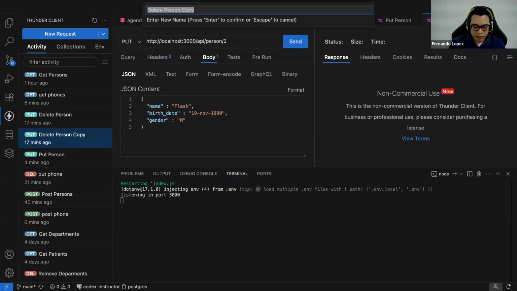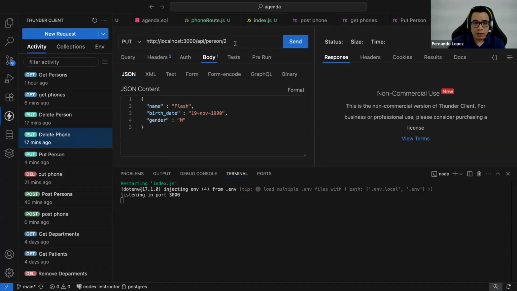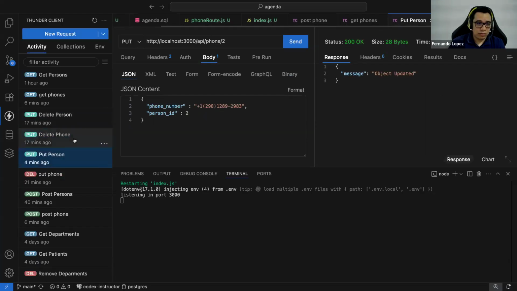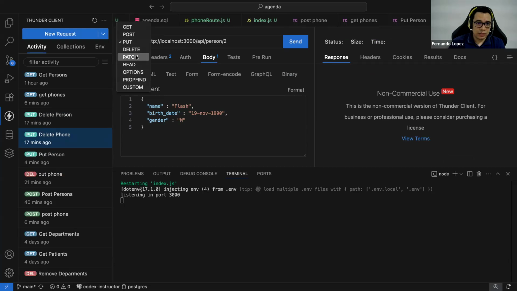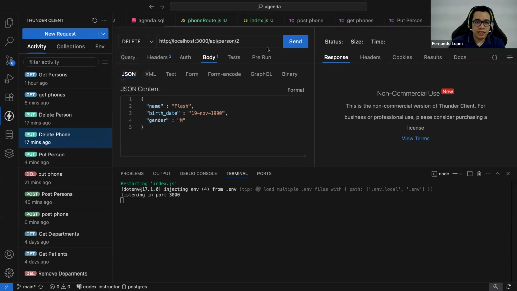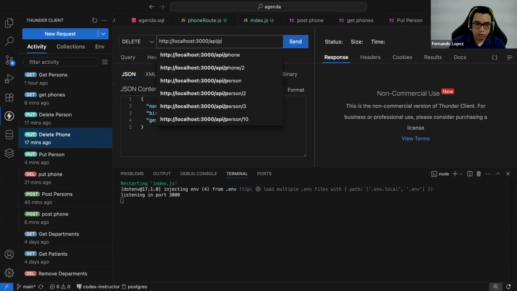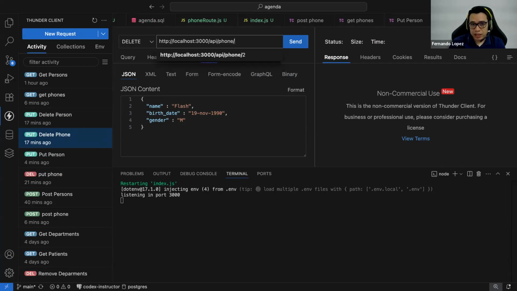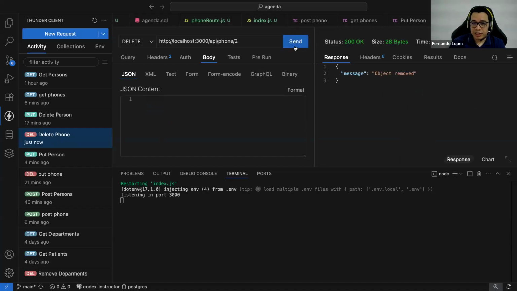In this case will be delete phone. Let me select the method delete here, phone. We know the ID number 2 is the one that is for Flash. We can remove the JSON content, it's not necessary. If we hit send here, the object has been removed.